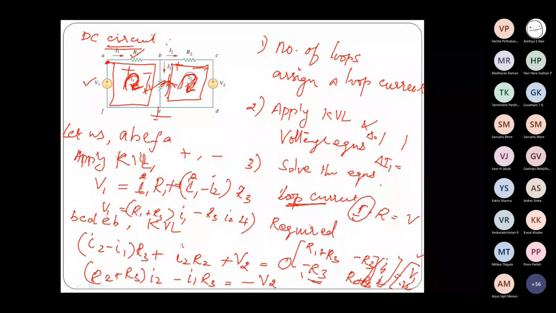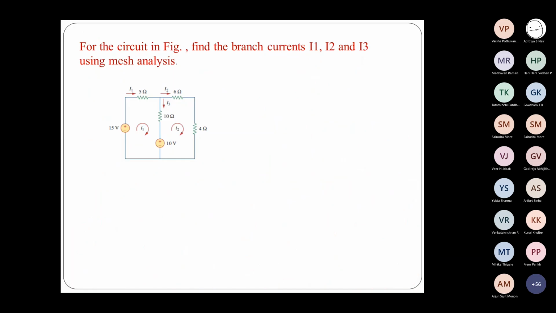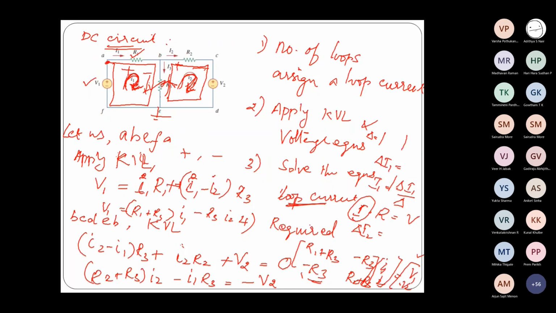So as per Cramer's rule, I1 is equal to del I1 divided by del. Similarly, you can take del I2 also. What is del I2? Replace column 2 with the right hand side, that is, the constant values. Then I2 is nothing but the determinant del I2 divided by del, as per Cramer's rule, which you might have studied in your matrix calculations. Okay, so this is how we will do. So now what I'll do, we can, 1 minute.